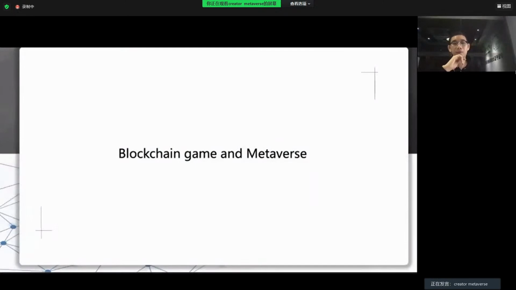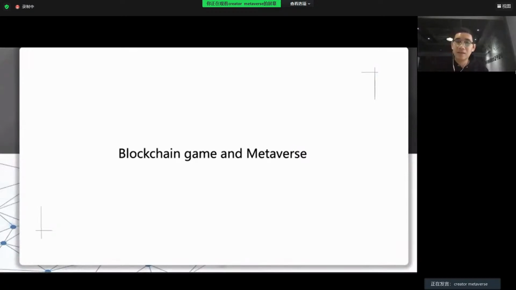So next, what I want to talk about is blockchain games and the metaverse. Before, we saw two blockchain games I designed. Maybe they are kind of old-fashioned and not as fancy as nowadays, but we did see a lot of interesting stuff, such as play to earn, such as DAO, such as the crypto-native innovations in the dApp games I created.